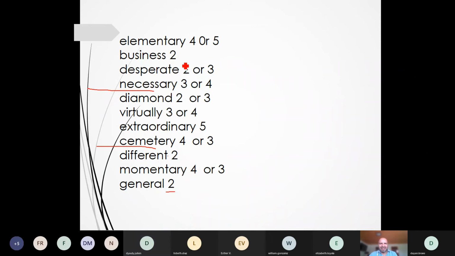That's right. Momentary, just like the first one. Elementary, momentary, laboratory. All these endings may be compressed into not two but one syllable. And general was the last one, right? Let me show you